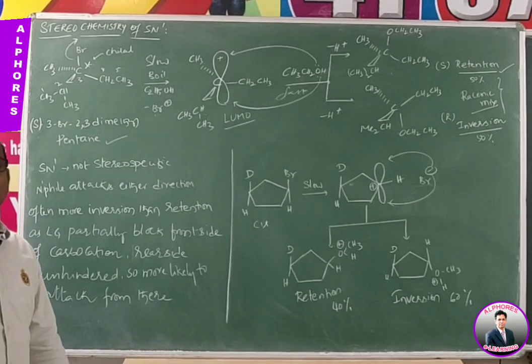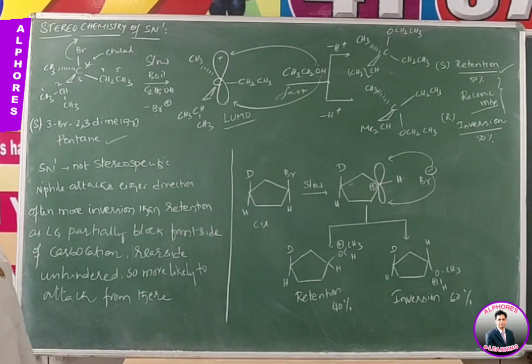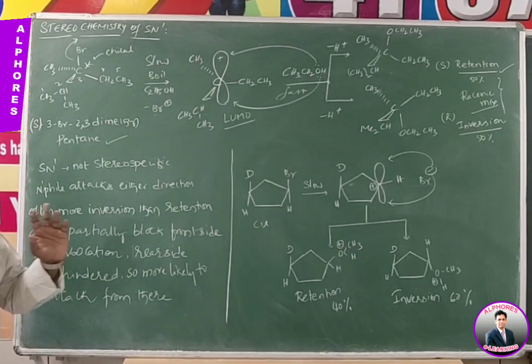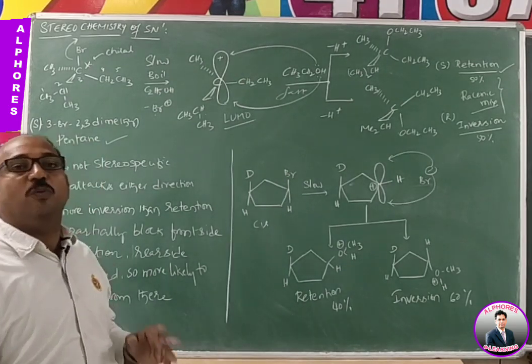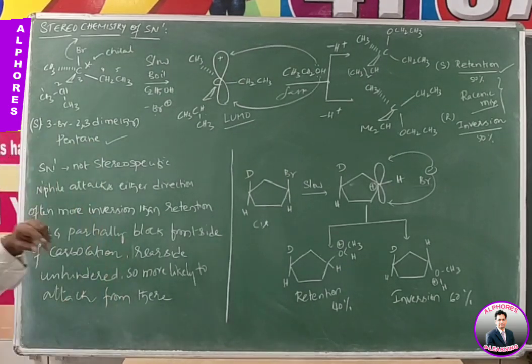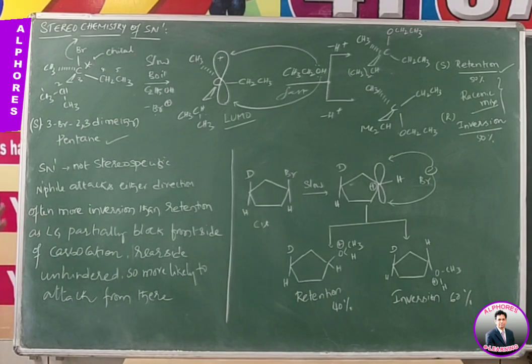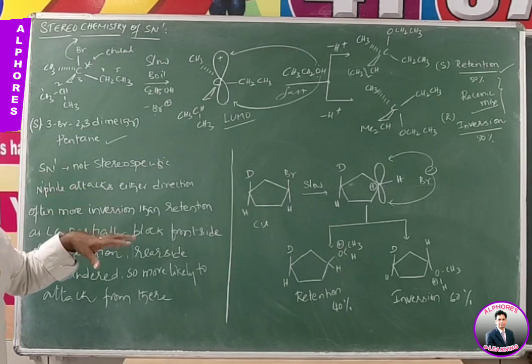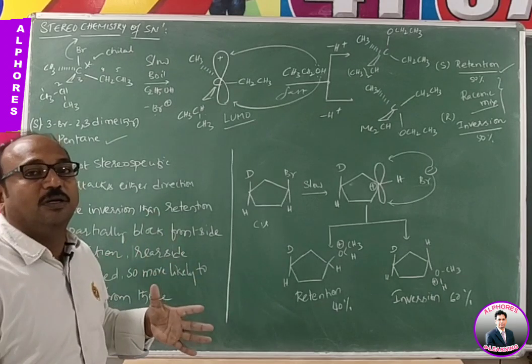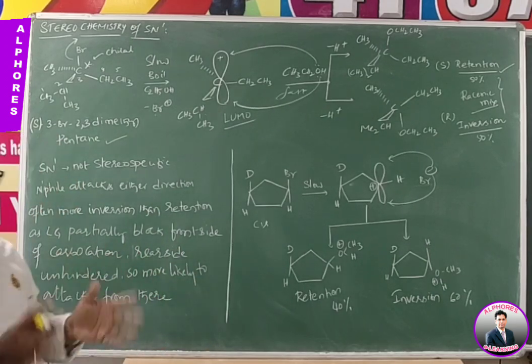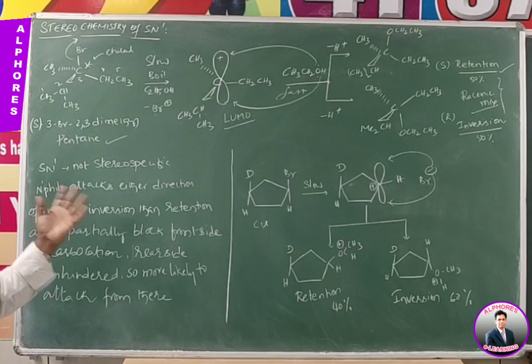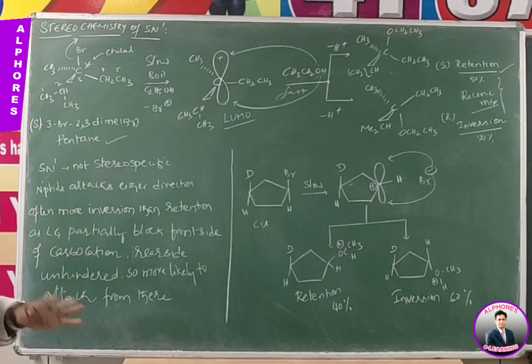In the previous session we discussed what an SN1 reaction is, which type of substrates give SN1 reaction, which solvents we have to use, and what type of nucleophiles preferably participate in SN1 reaction. And in that case, if both SN1 and SN2 are possible or not, what are the parameters or conditions required for SN1 and SN2, we also discussed. Now we discuss the stereochemistry of SN1 reaction.